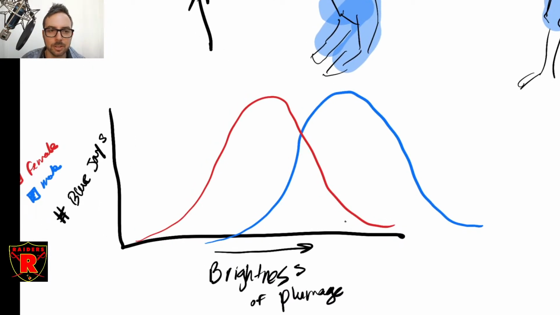That would be why you see bright tails in male peacocks, but not in female peacocks. If females had a bright tail, that would make them susceptible to predators. So they actually have a selective pressure making their plumage less bright, just for females. Males have the opposite selective pressure, selecting for more bright, so that they are more attractive to females.